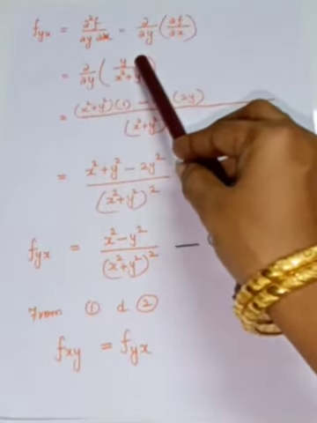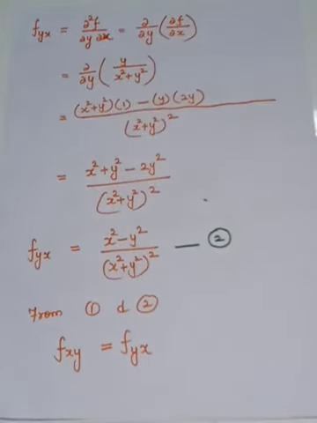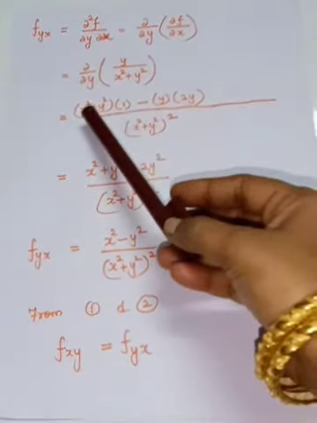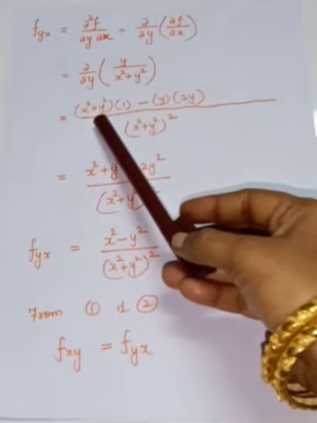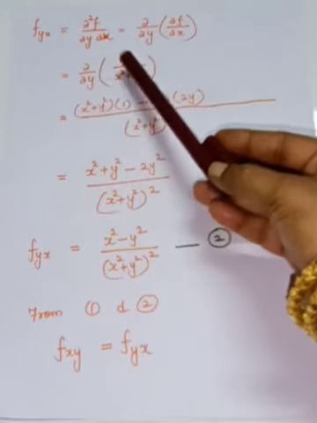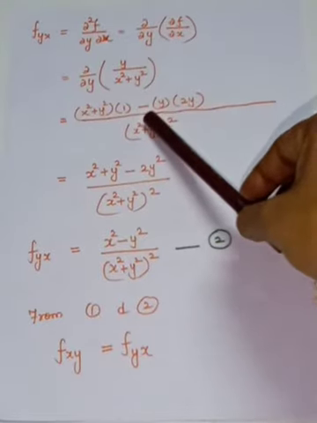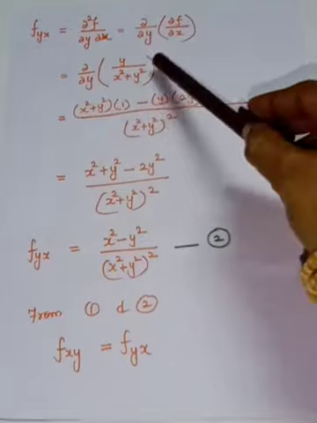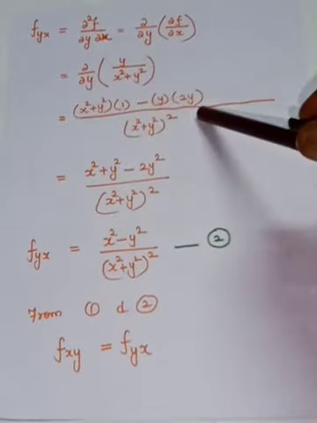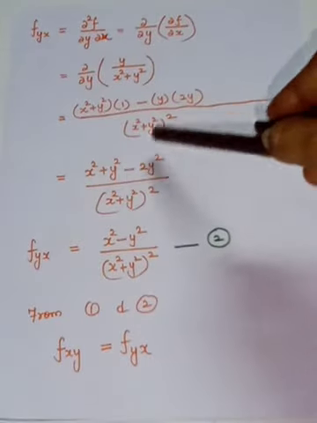You see that in the numerator as well as the denominator you are having y. So you have to use the quotient rule. The denominator v squared is written, and the first term you have to start with is v. Next, u has to be differentiated partially with respect to y, so the differentiation of y is 1. According to the formula you write minus u, and the denominator has to be differentiated partially with respect to y, so that is 2y.